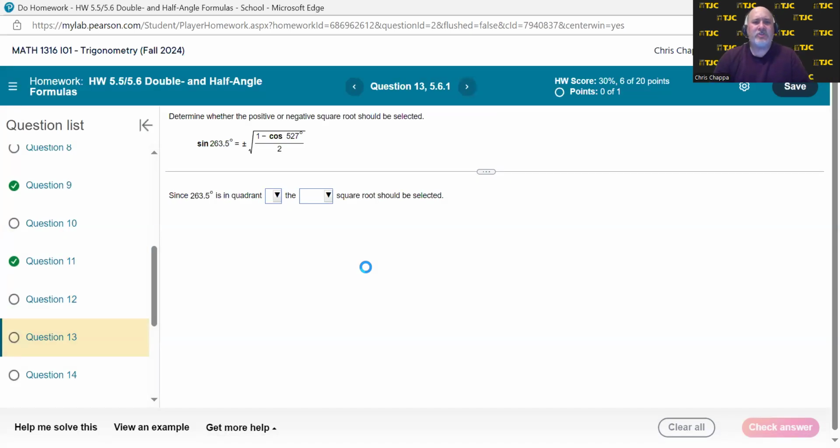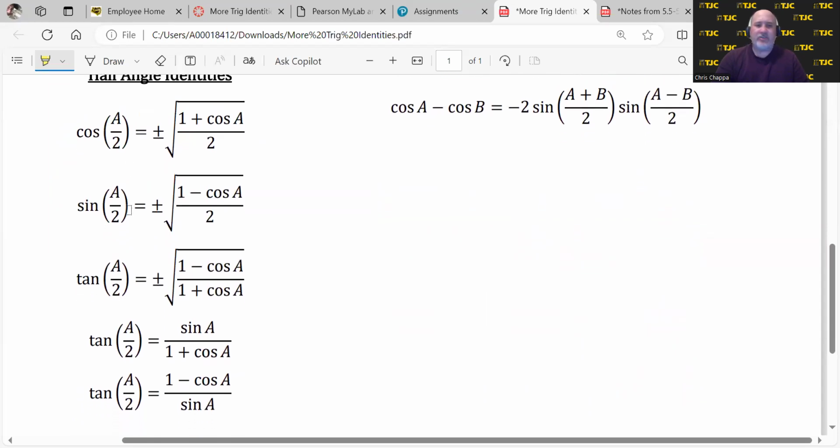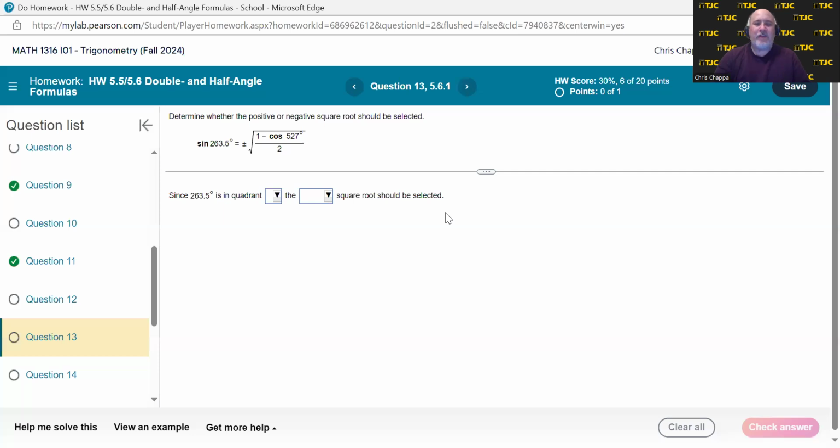Decide whether the positive or negative square root should be selected. This is an introduction to the half angle formulas. If you looked at the half angle identities on your formula chart, you see they're all cosine, sine, or tangent of half an angle, and 3 of them are equal to plus or minus a square root. So looking at one like this, we're not being asked to evaluate anything, but decide whether or not the square root should be positive or negative. The sign of the square root depends upon the original angle